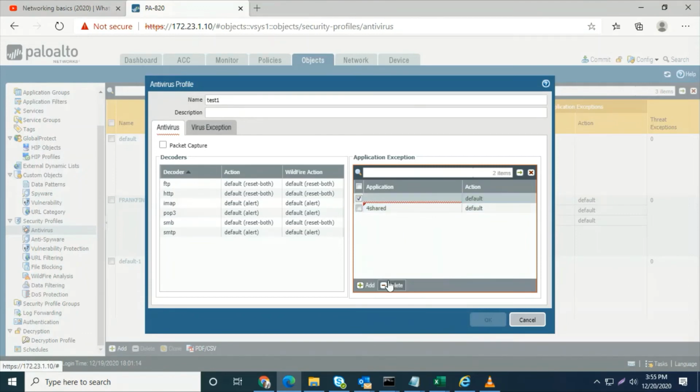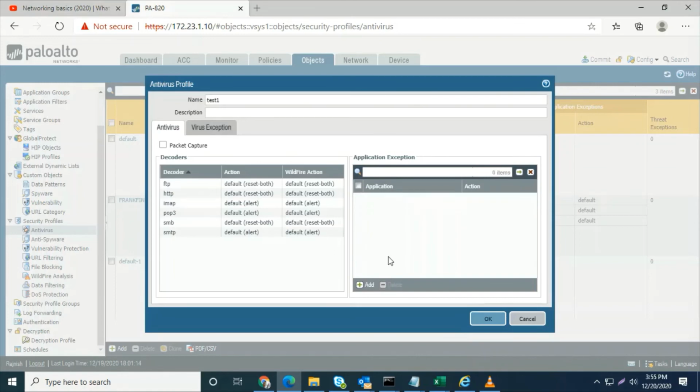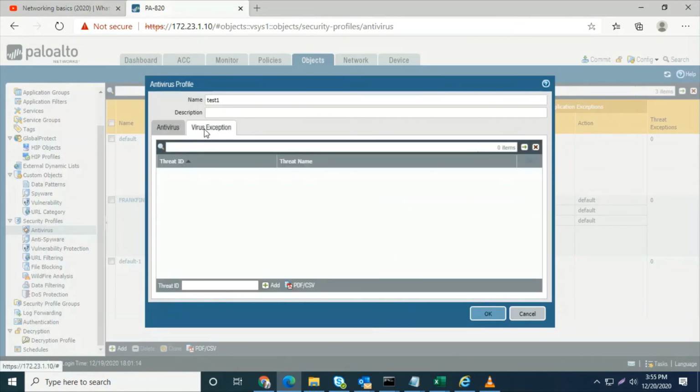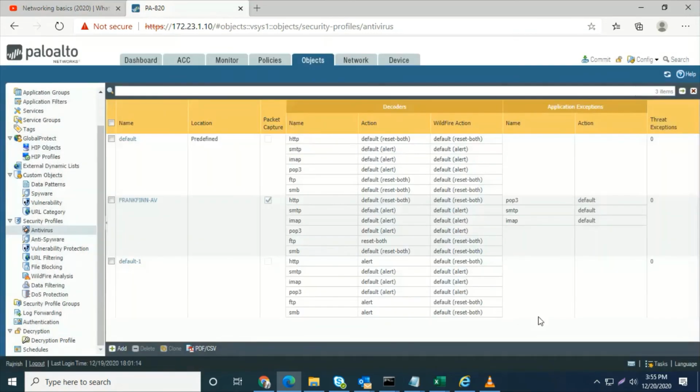So anything which you want to allow from the application tab. And virus exception: if you have any threat ID to allow from this, there we need to mention. I will show you also where this would be configured.